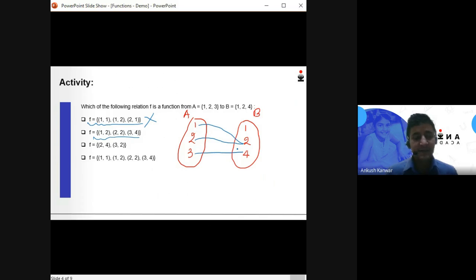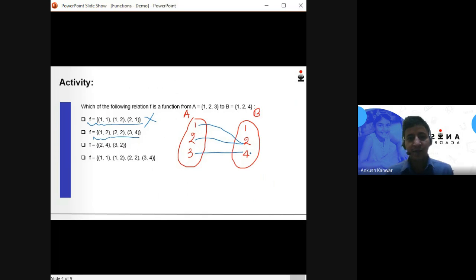Now let's check whether this second option is a function or not. First, we can see that all the elements of set A have an image. Now we need to make sure that all the elements of set A have a unique image. What is the image of 1? It is only 2, as 1 is only linked to 2.